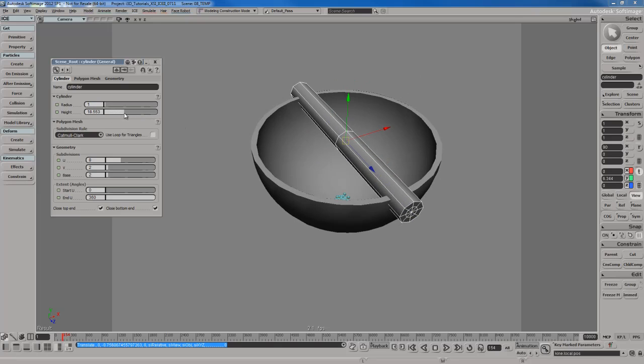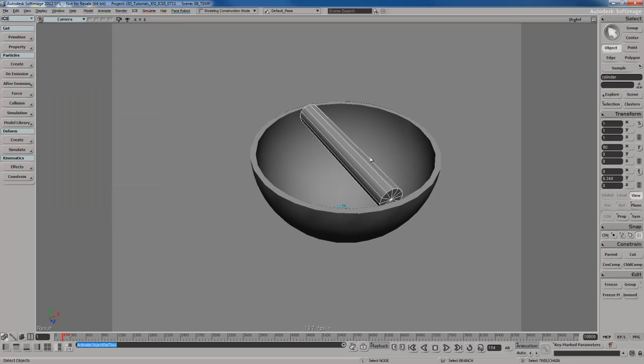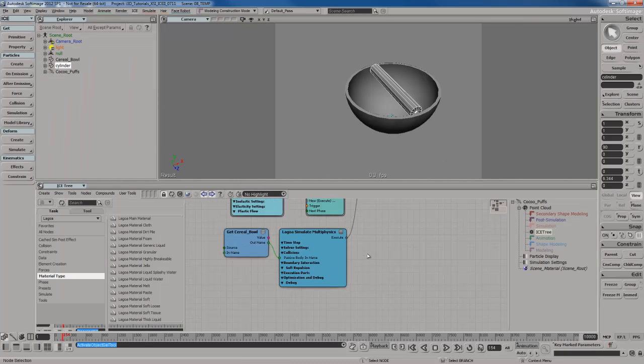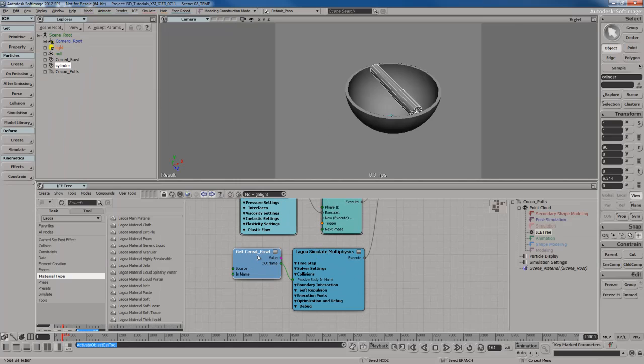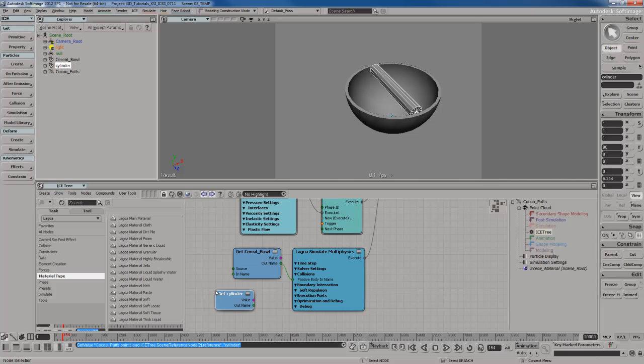Radius is fine. Let me increase the height. So this is going to go kind of across the bowl and separate the two sides. Subdivisions about 12 will work out pretty good. So this is what I want to be a collider in my Lagoa simulation. Now you can see in our ICE tree over here, the serial bowl is set up as the passive rigid body with the simulate multiphysics node. So if I wanted this cylinder to be part of that, what I could do is drag and drop it,